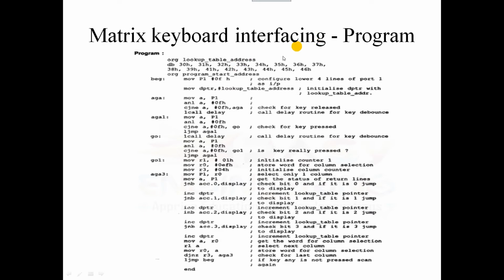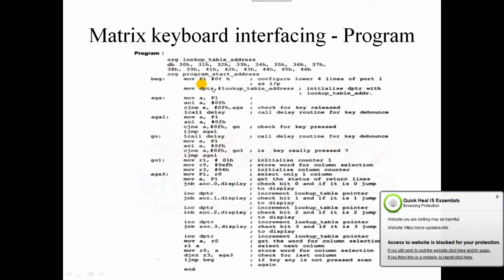If those pins are filled with ones, then the input data has to be given as 0F. So we will be initializing the DPTR with the lookup table address. Here the address of the particular lookup table will be given to the DPTR.